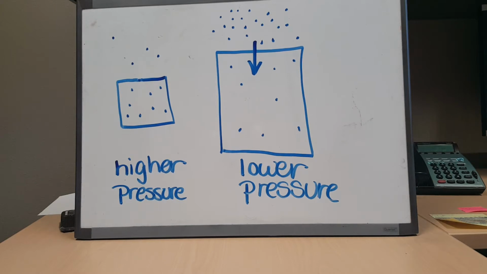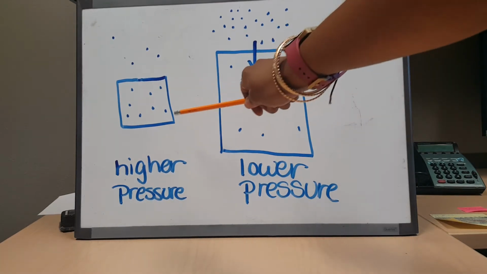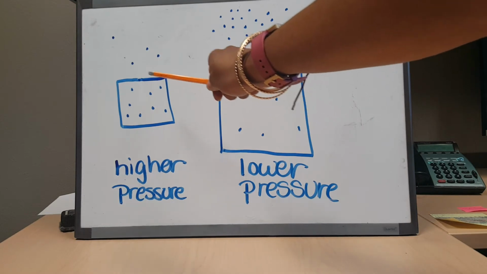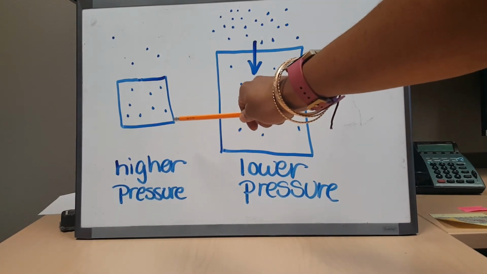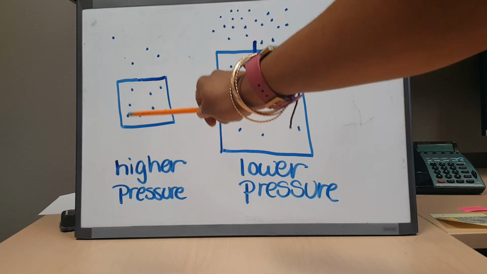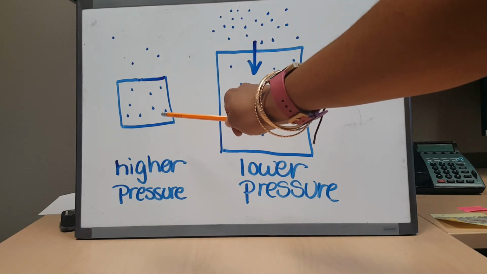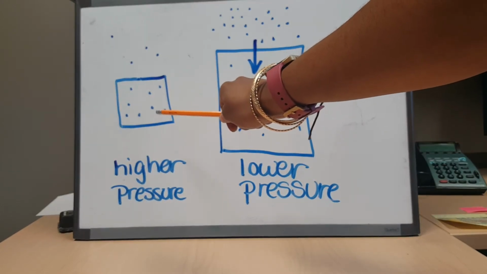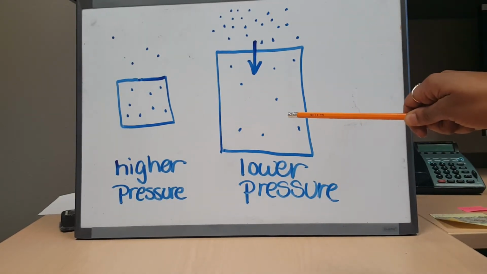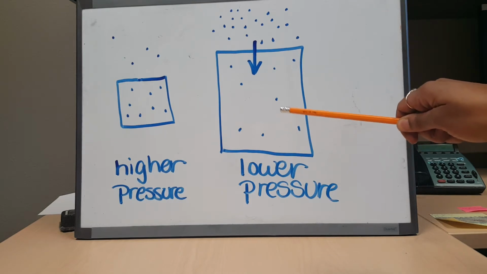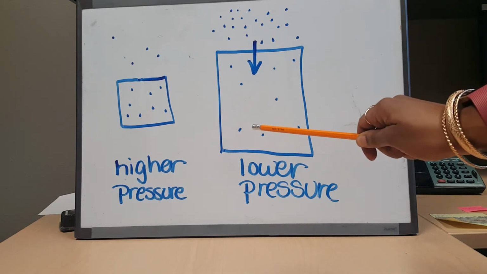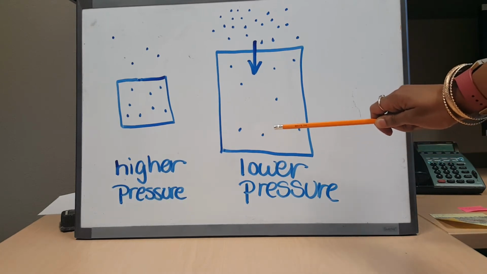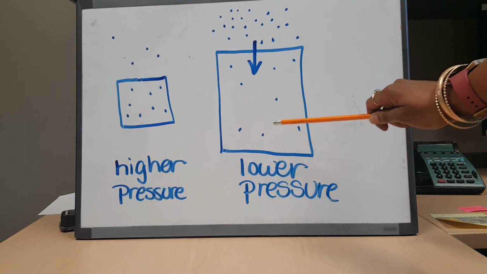So a simplified version of looking at this is just looking at boxes of air. On the left, you have a box that has higher pressure due to the small volume it has, so the air molecules don't have as much room to move around in, therefore having a higher pressure. So by increasing the volume of the lungs, the air molecules in the lungs have more space to move around so that they're under lower pressure.